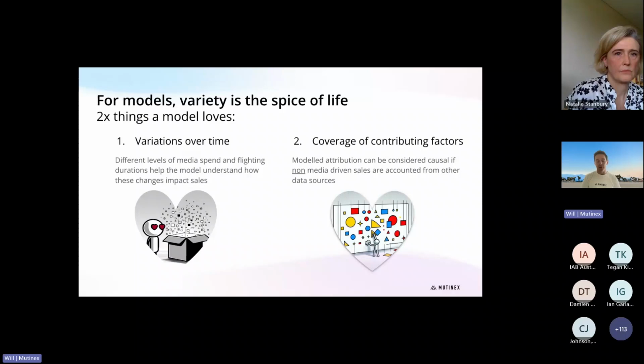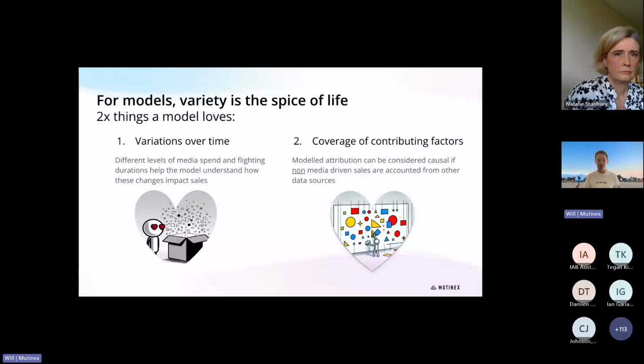Now, for models, in order to do this, they love variety. It's the spice of life for them. So the two things that they really like to see, they like to see variations over time. So in order to understand how all those things are coming together, they like to see and look to understand,